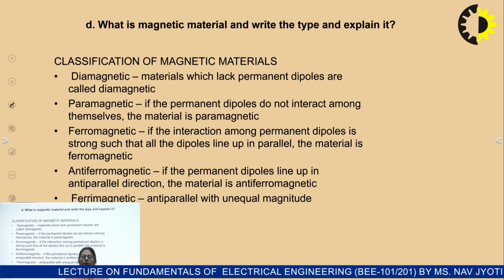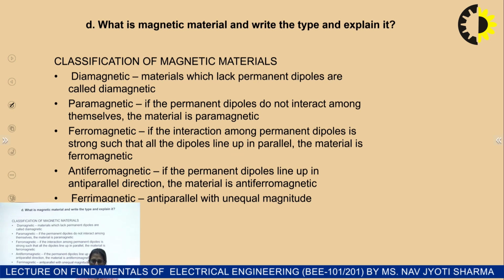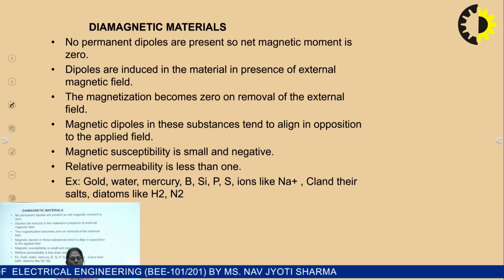Antiferromagnetic, if the permanent dipoles line up in the anti-parallel direction. And ferrimagnetic, if they align themselves in the anti-parallel direction with unequal magnitude. Specifically, if I go with the diamagnetic, paramagnetic and ferromagnetic materials, so for the diamagnetic material,